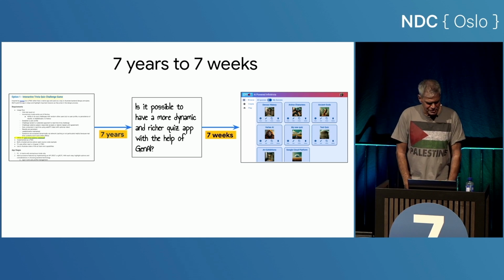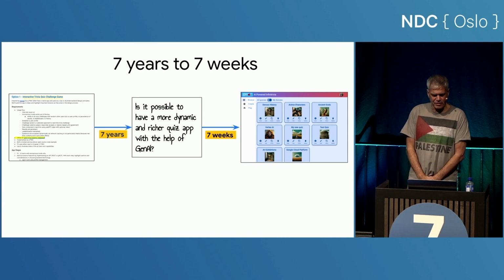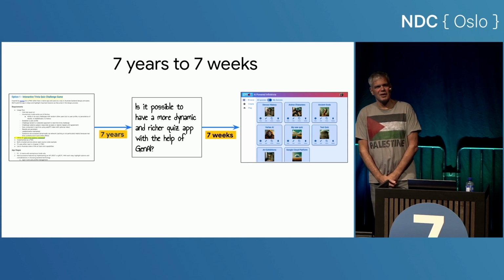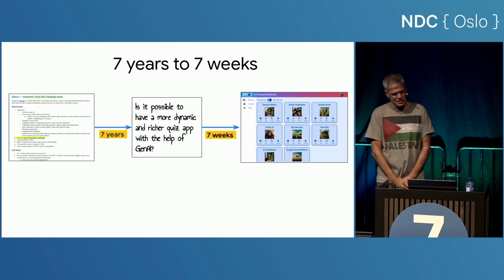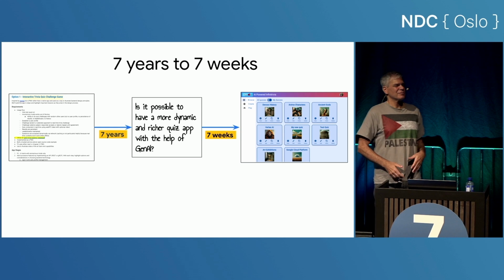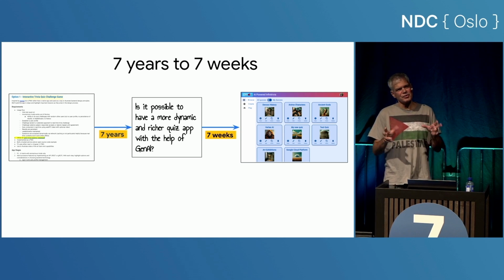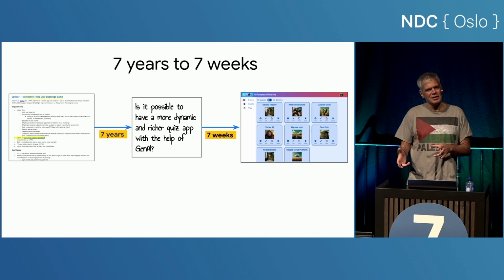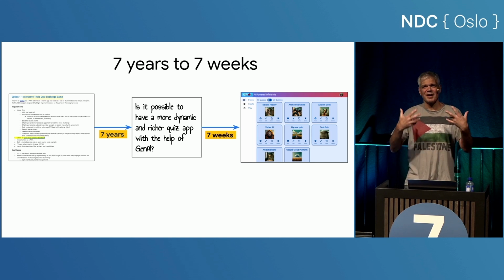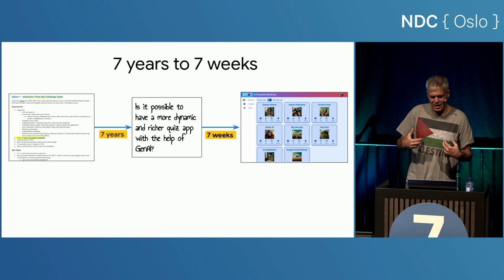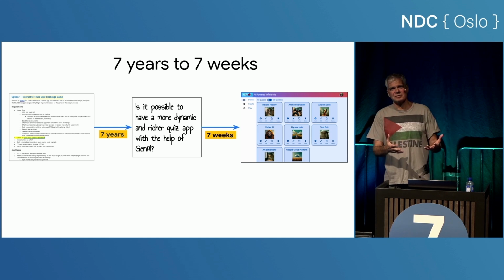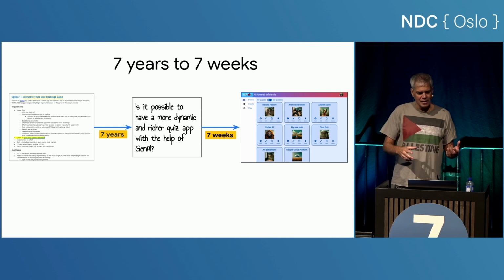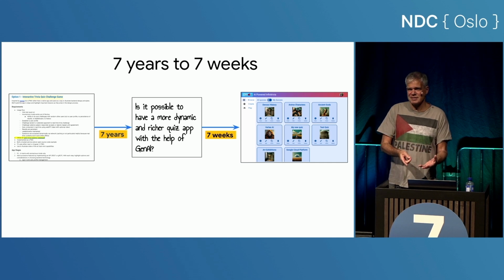So to summarize all this, this is a little bit of an exaggeration. I'm kind of implying what would have taken 7 years took me 7 weeks, or took us 7 weeks. That's not really true. But there is a kernel of truth there, because the reason it took me 7 years to realize this app was that it was too painful, or maybe not even possible, to build it the way I was dreaming of it being. And once I had access to this large language model, I didn't come up with the version you're looking at today, but I came up with a pretty respectable prototype in 7 weeks.